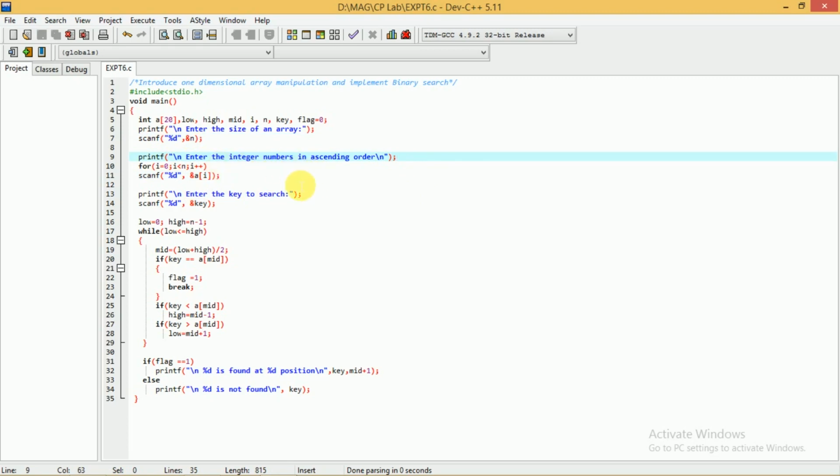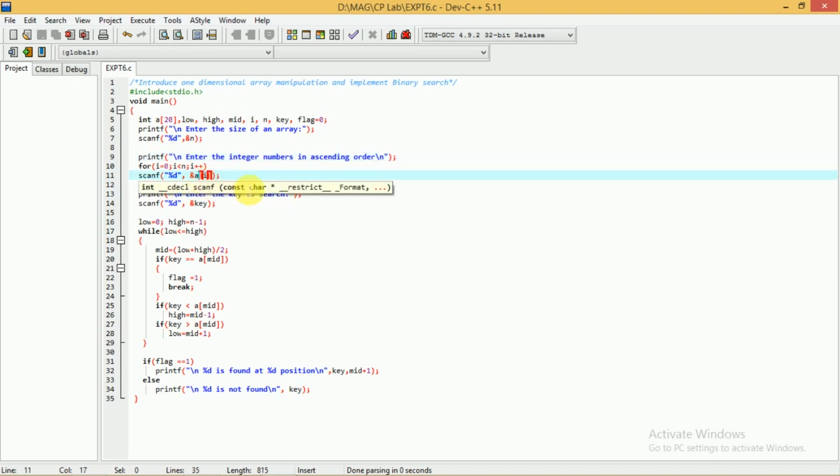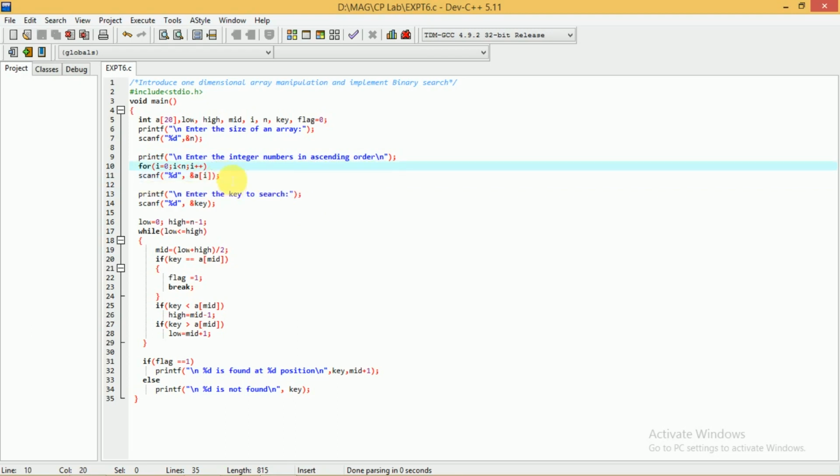Whenever the user starts entering the numbers, you have to read those numbers into the array variable. An array is a single variable in which you store a number of elements.